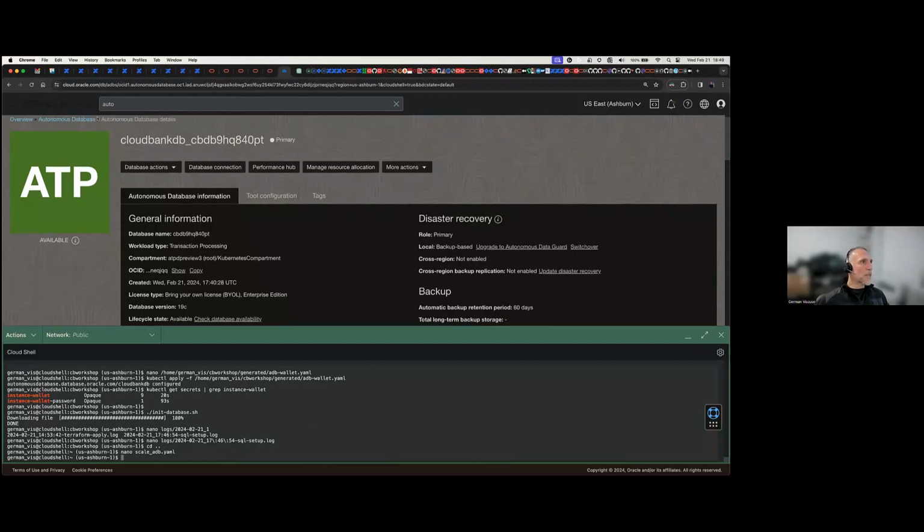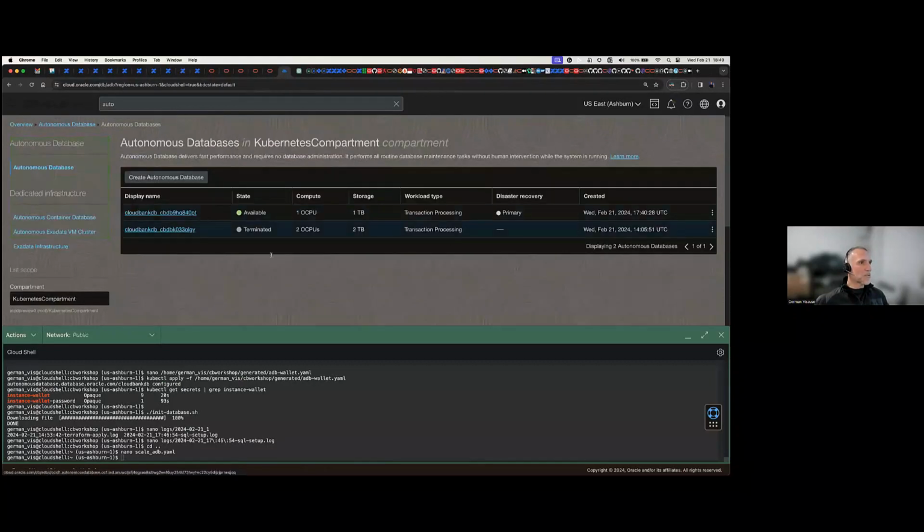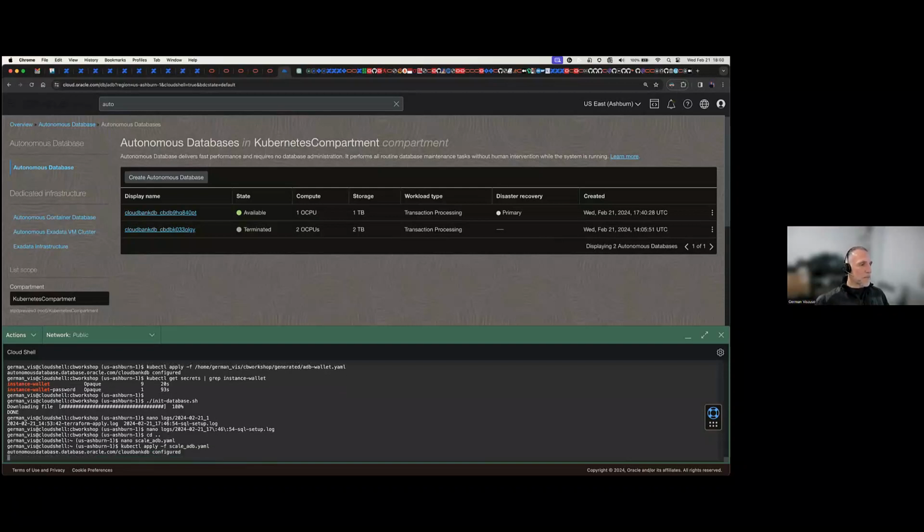Now I'm going to stay here because I want you to see this. Now I'm going to apply this YAML, which is basically saying, hey, this database, 2 cores, 2 terabytes instead of 1, 1, all right? So let's apply the YAML. As you can see, we've been just applying YAMLs since we started. Very easy. The YAML is the spec, and we apply them, and things happen, right? All right, so I'm going to apply this YAML.